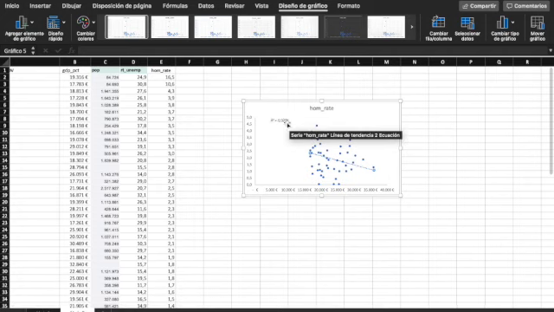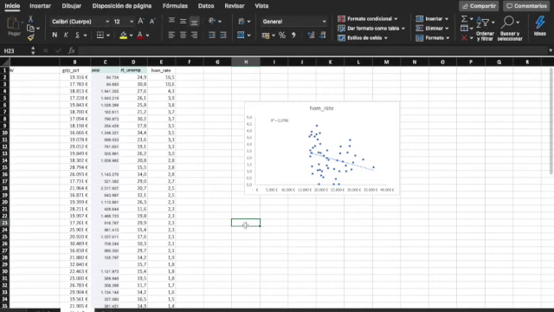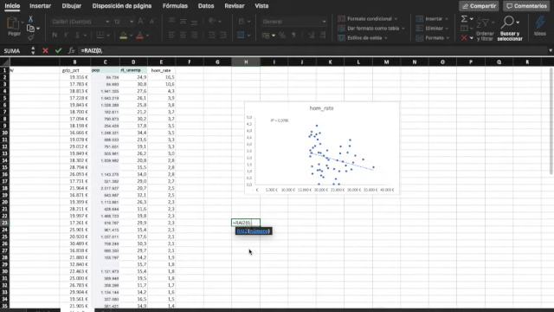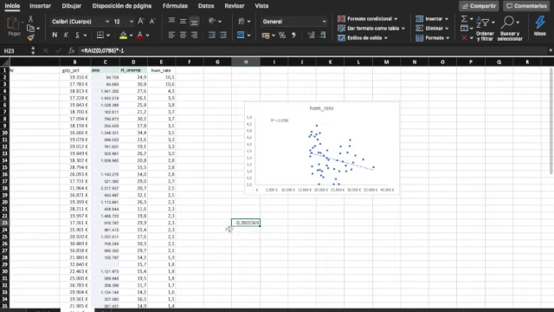I just need to take the square root of this number and multiply this by -1, and I know what is the correlation, the association between homicide rates and GDP per